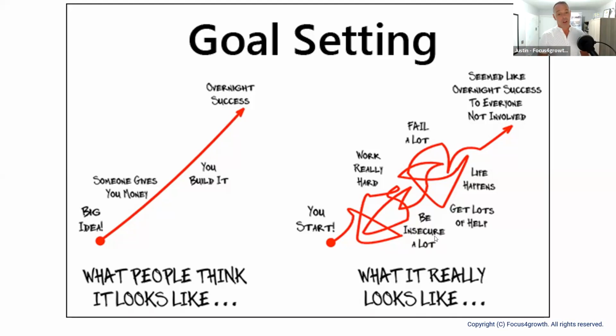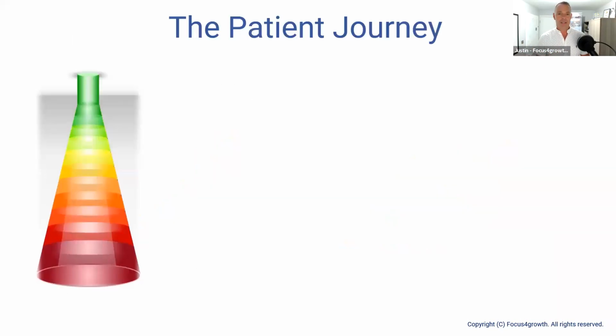But it'd be much more like this: you go forwards, you get knocked off course, something else happens. Maybe there's an issue in the practice, maybe somebody leaves, maybe there's some stuff that happens personally, and all of a sudden you've got all of these different things that conspire to almost create resistance to achieving your goals. So we have to recognize that that's going to happen. It just happens, almost naturally, in any business.